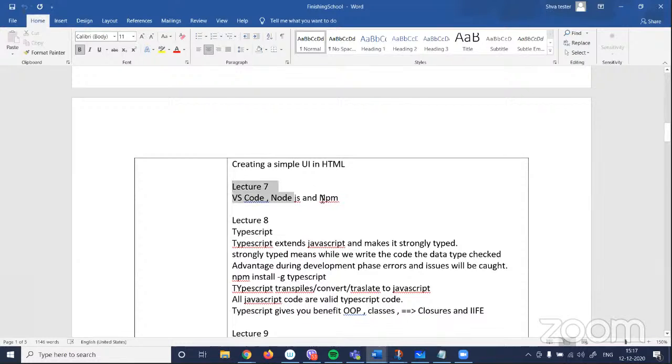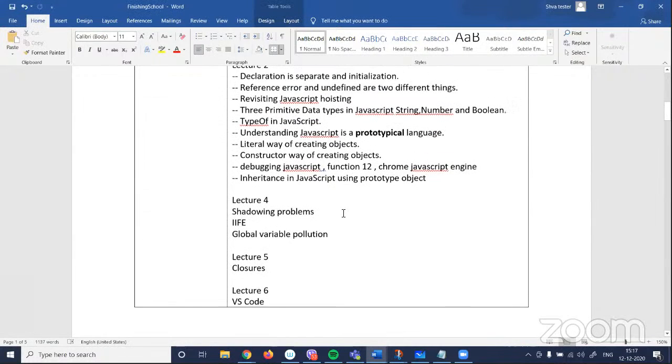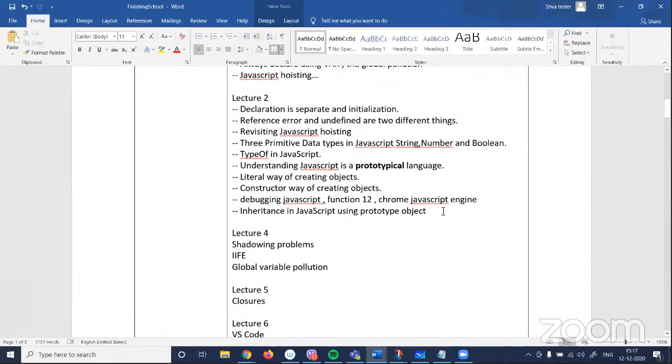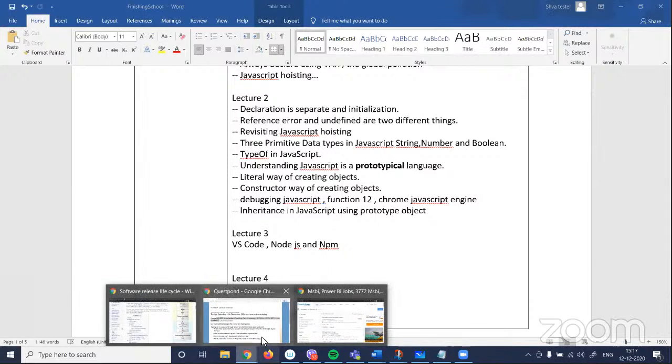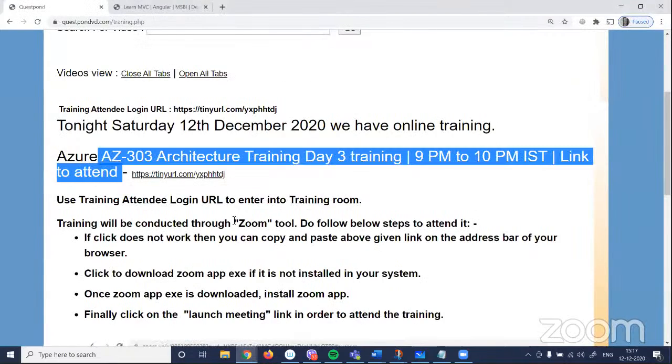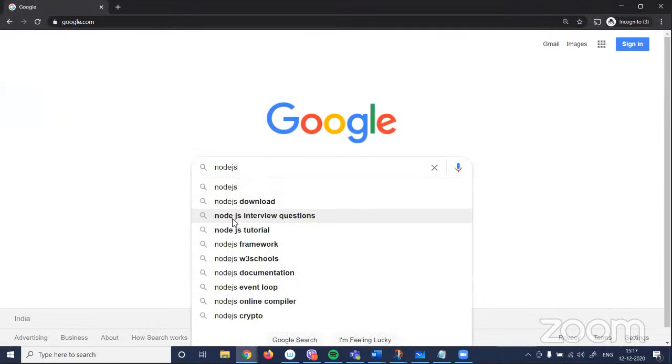So this is lecture 7, I'm just moving it to the top. I'm taking some liberty over here, to move it to the top, lecture 3. VS Code we have done, Node.js and Node Package Manager, right? What exactly is this? So very quickly, if you go and Google Node.js,